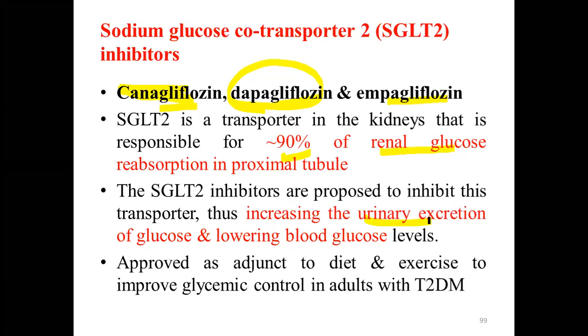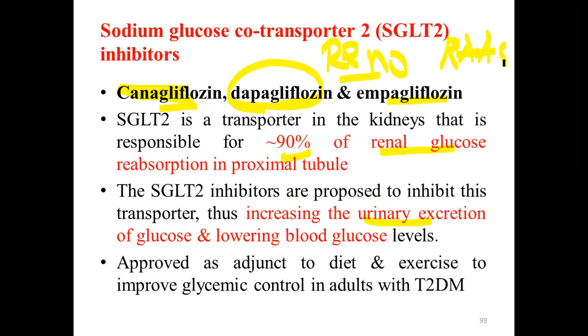But remember, this class of drugs, apart from reducing the blood sugar level, has a renal protective effect. How do they protect the renal system? They reduce proteinuria. They have some effect on the renin, angiotensin, aldosterone system. And apart from that, they can prevent the reabsorption of sodium from the proximal renal tubule, and they resolve some kind of edema in cardiovascular patients.